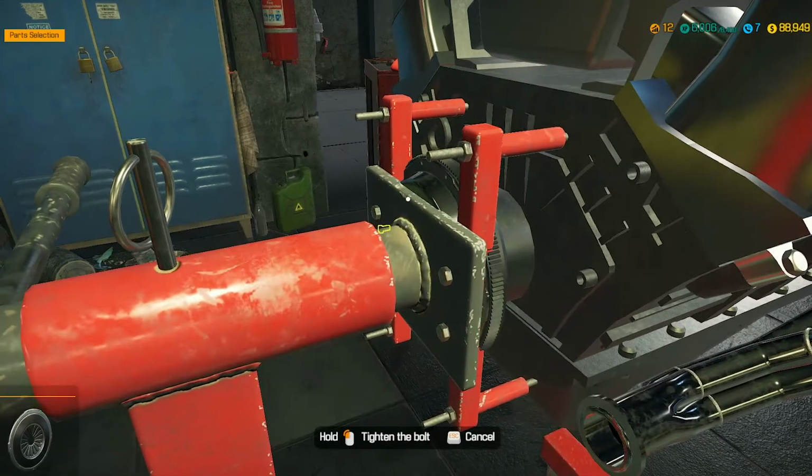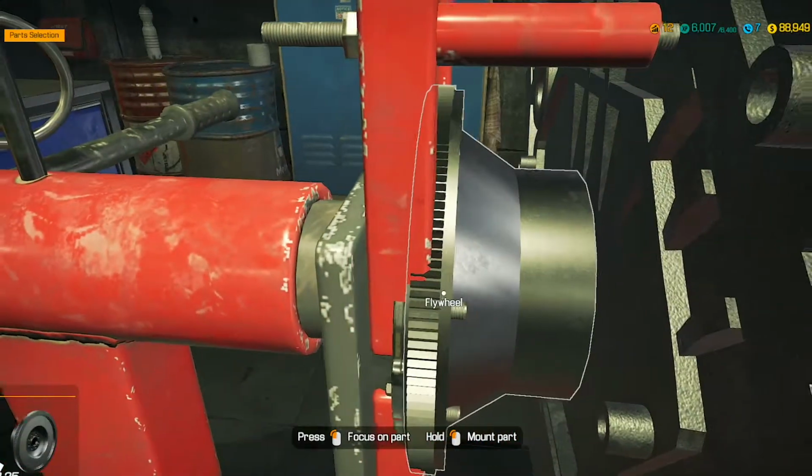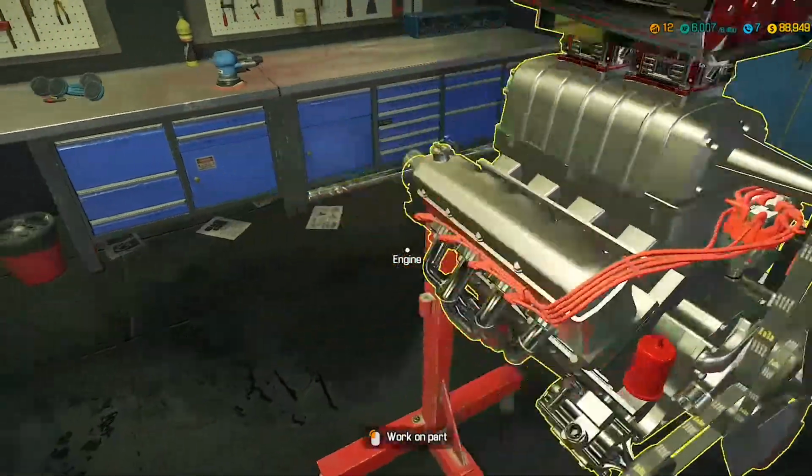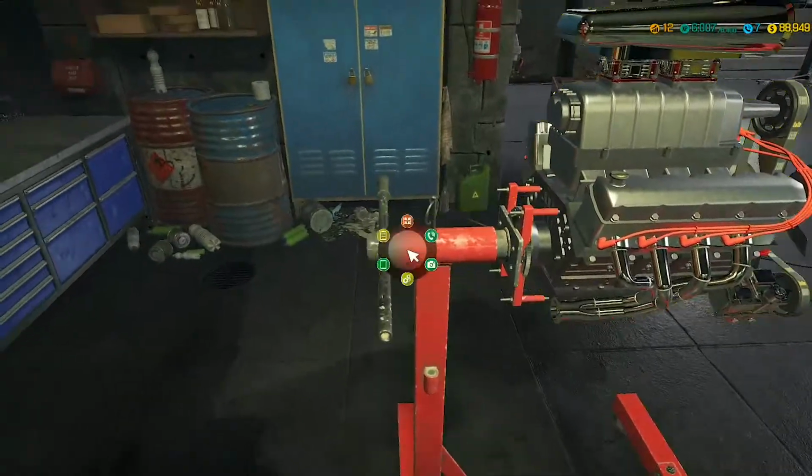Let's put the pressure plate on. I may not be able to put on the release bearing unless I zoom in. No, I won't be able to. Okay, well, this engine is complete. So we're gonna go